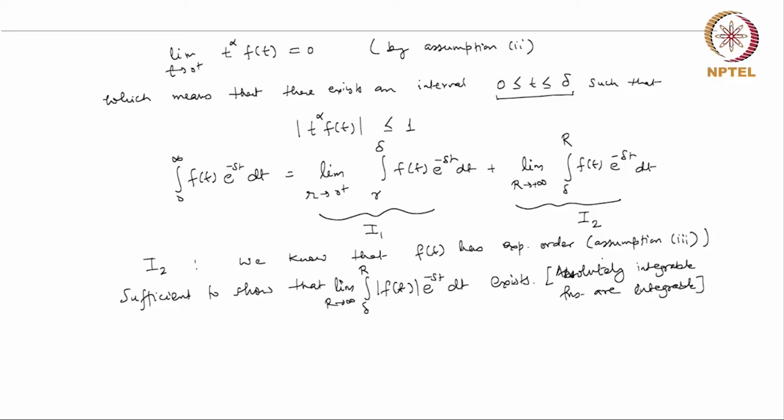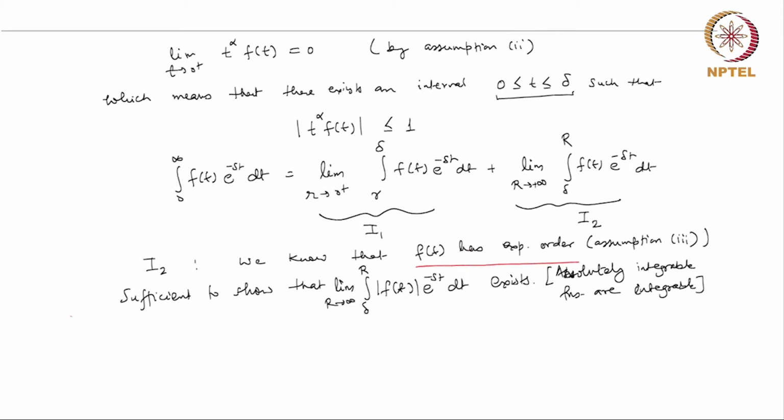We have already seen this in one of the previous lectures, that it is enough to show that the integral of the absolute value of the function exists. So to show this, remember that f(t) has exponential